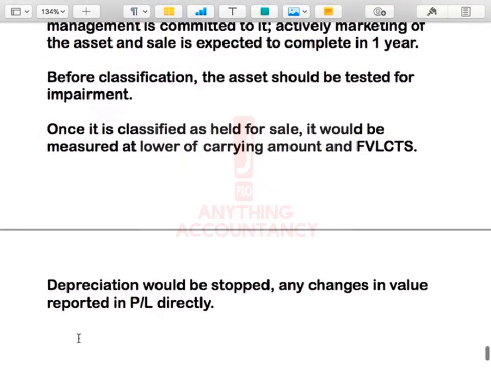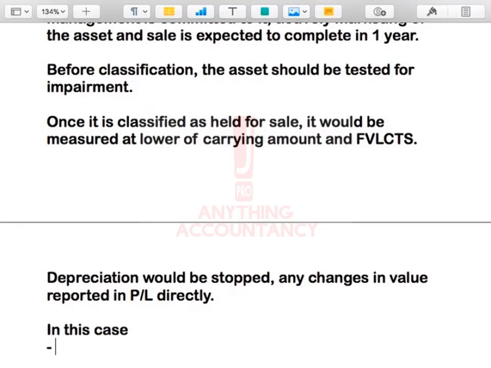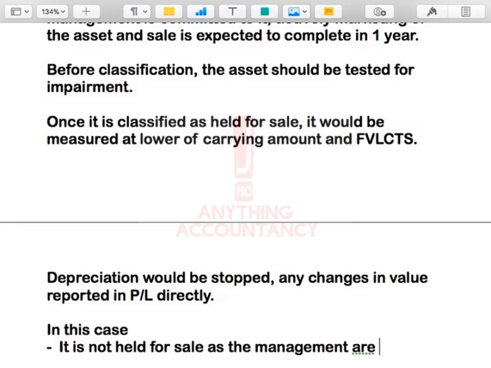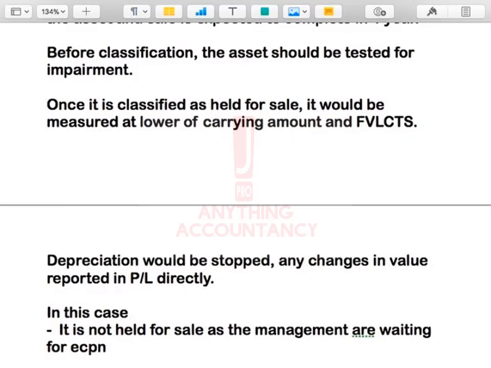Third asset, you got depreciation. In this case, what's going to happen? Held for sale, met or not met? Met or not met? That's all you have to say. Give reason, that's all. Not met. Why? Well, you can say it is not held for sale as the management are waiting for economic